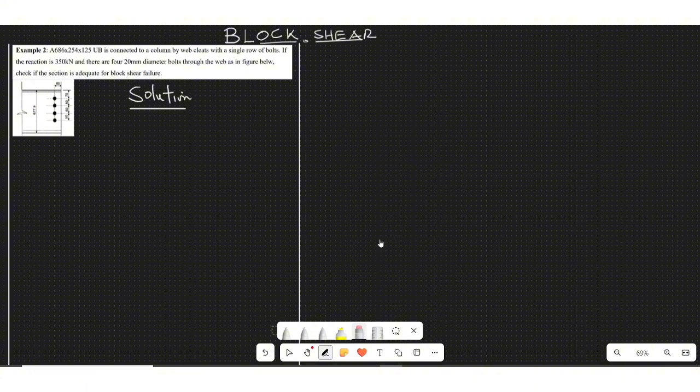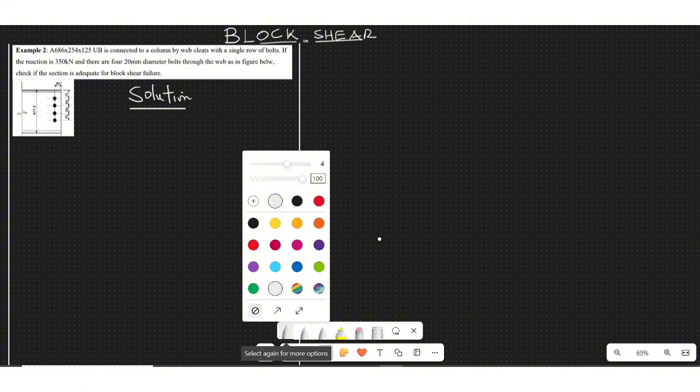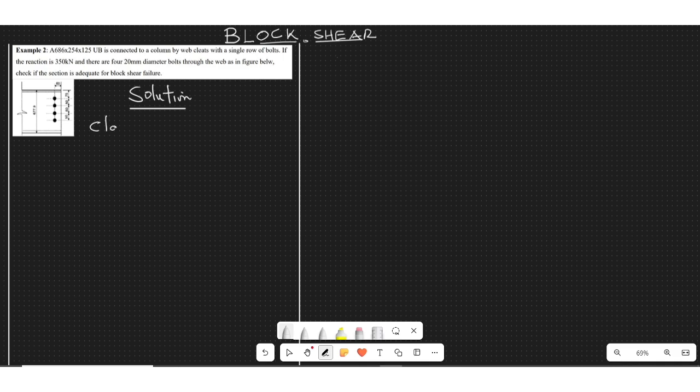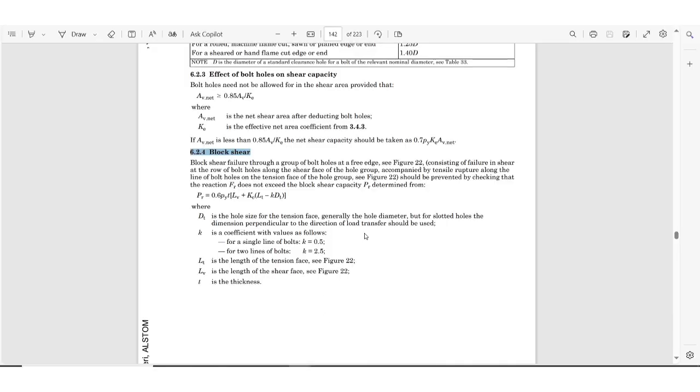Clause 6.2.4, BS 5950, speaks about that. So what does it say about it? Let's now go back to read what it says. It says that